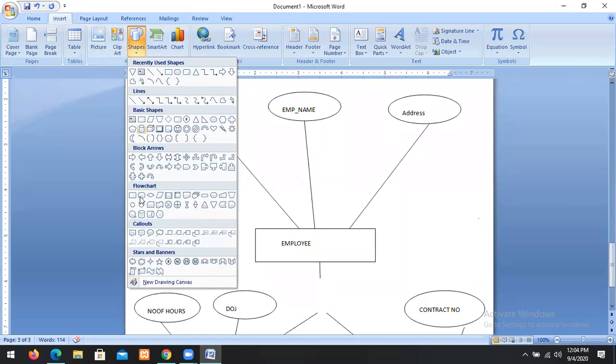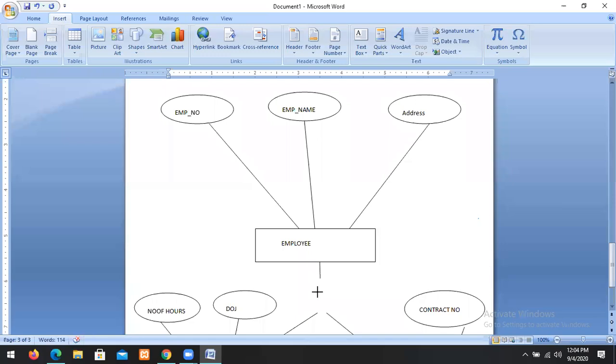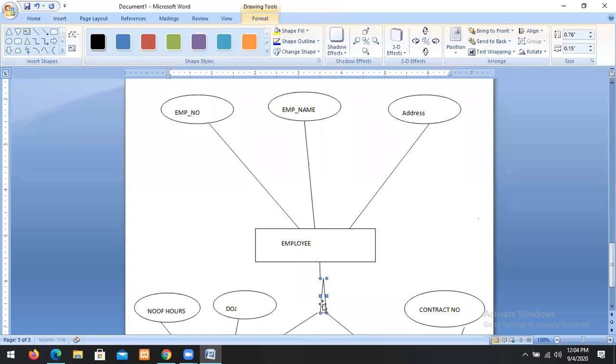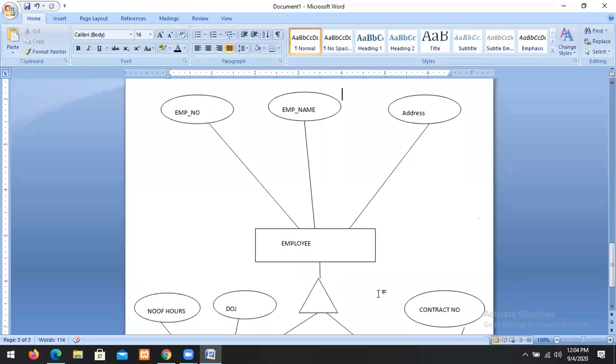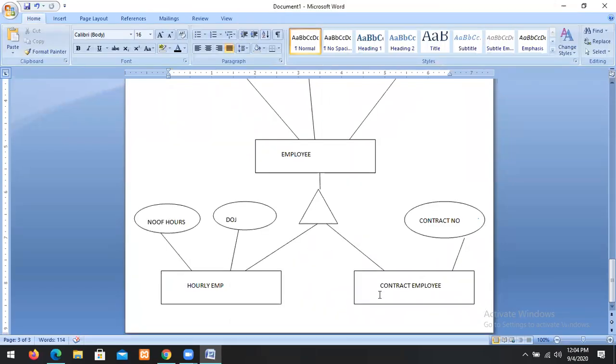Then it is a top-down approach. Then it is a specialization. Both are called class hierarchies. This is called generalization. So when we are constructing from super type to subtypes, it is called specialization. The process of construction of super types and subtypes from a set of entities is called